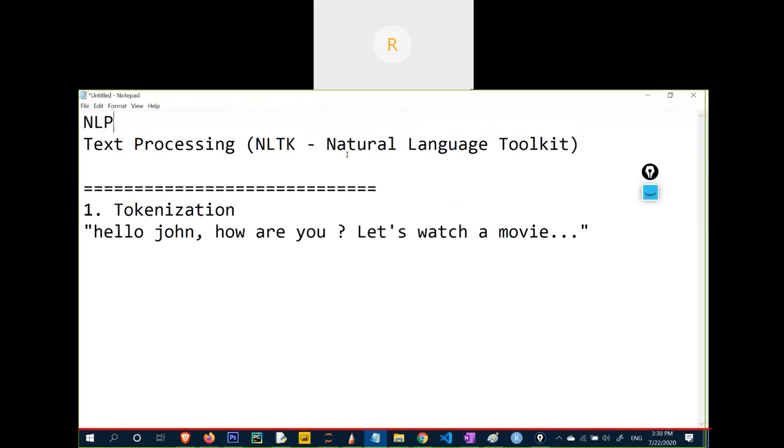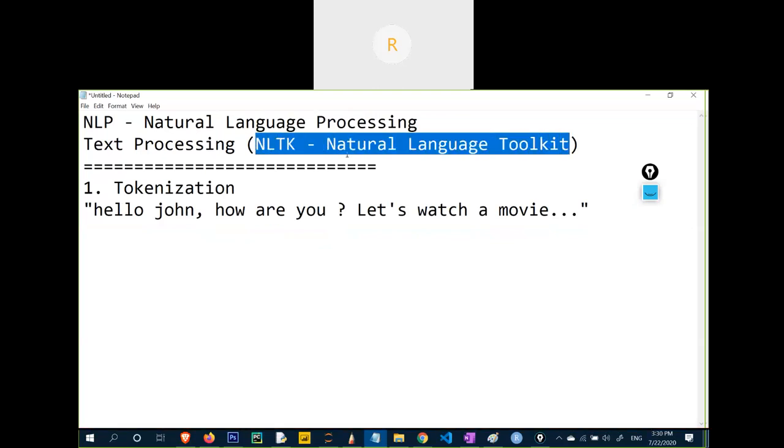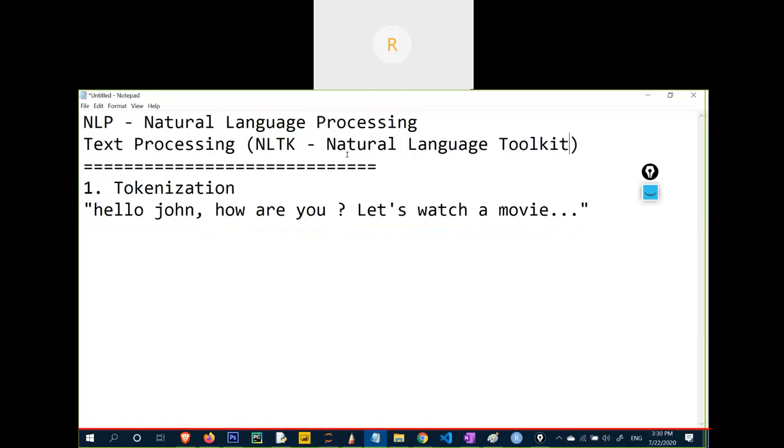So here we are talking about NLP, that is Natural Language Processing. And in NLP, we are talking about text processing, and we'll be using NLTK, that is Natural Language Toolkit. It's a library, NLTK, that we will use. So the first step is tokenization.